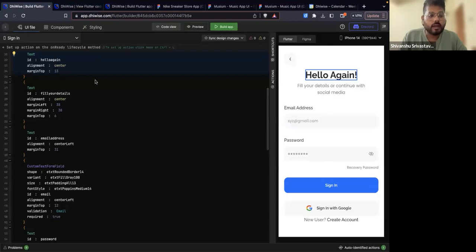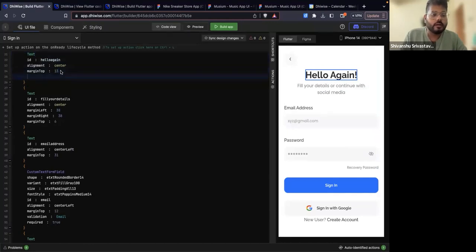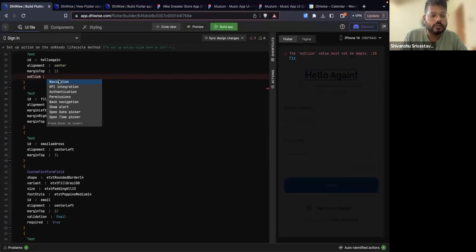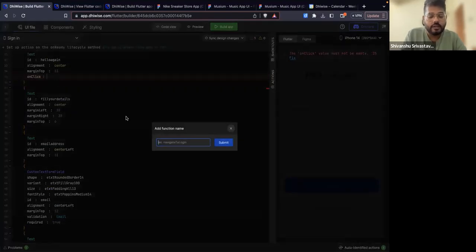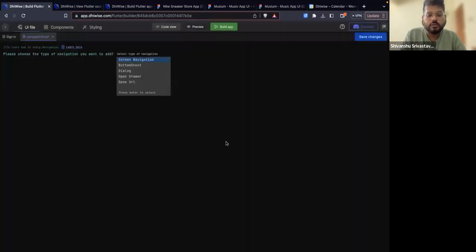Similarly, you can do some kind of navigation also. For example, if I want to add a navigation on hello again, so I'll just go here and type on click, and then you'll see navigation option is also here. So I'll just press on it and give this function a name called navigate to notification. So I'll just press on submit, and this will lead you to this screen